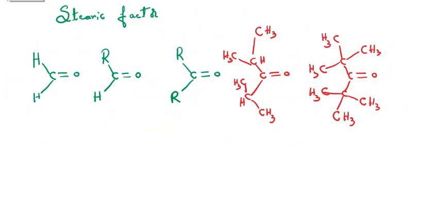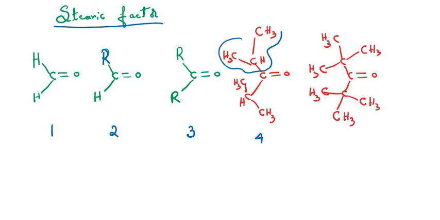Now students, the second factor is the steric factor. So I have written certain examples here. The first one is called formaldehyde. The second one is an aldehyde, because here I have written an R group, so it can just be called an aldehyde. I cannot particularly call it by its name. The third one is a ketone. And the fourth one is diisopropyl ketone. I hope you can see that this group is called isopropyl. Since there are two isopropyl groups, the name of this compound is diisopropyl ketone.